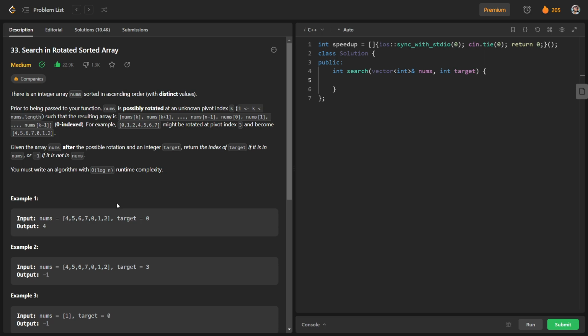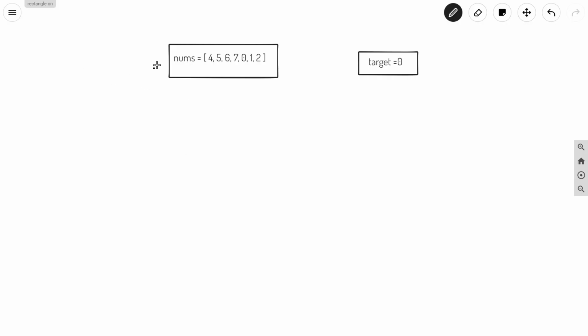So we will try to optimize our code using the given information, that the array was initially sorted and it was rotated. So let us have a closer view of this question. You can see that this is our initial array nums: 4 5 6 7 0 1 2. I will write it again: 4 5 6 7 0 1 and 2. So this is our array.